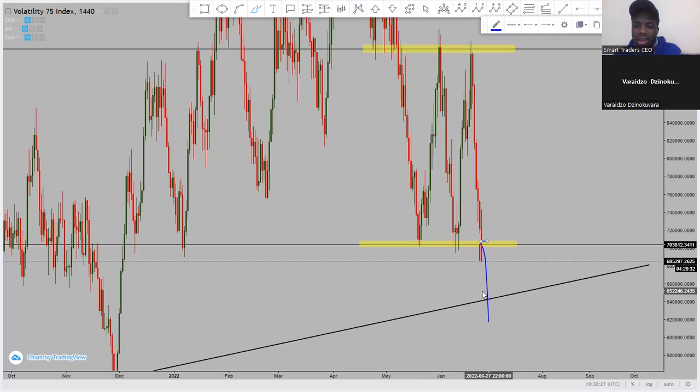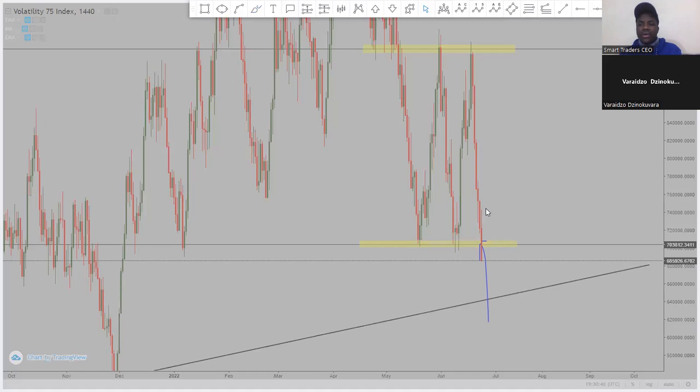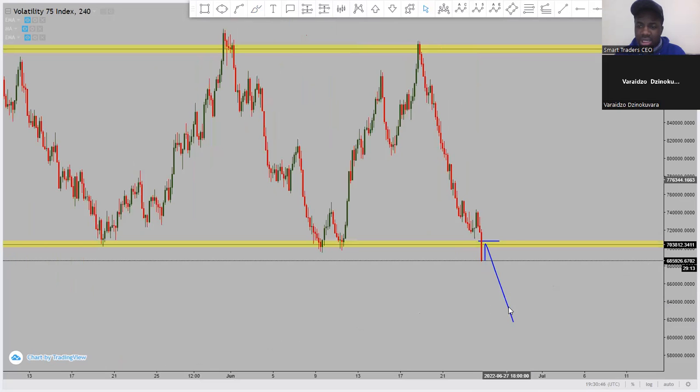Once price gets to the trend line, you just need to watch out and look for what price is going to do there. That will be the target for the sales that you take after the retest. So right now, if you're not already in, you simply can wait for the retest or the pullback to the zone. This is the zone broken. You simply wait for the pullback.